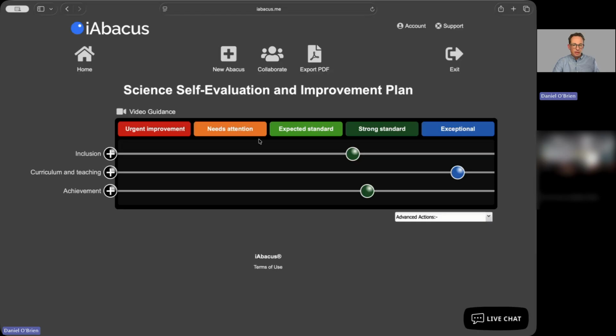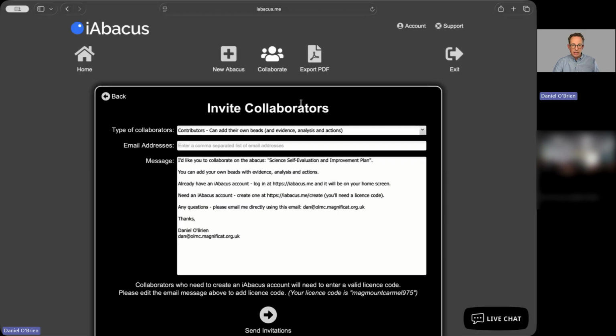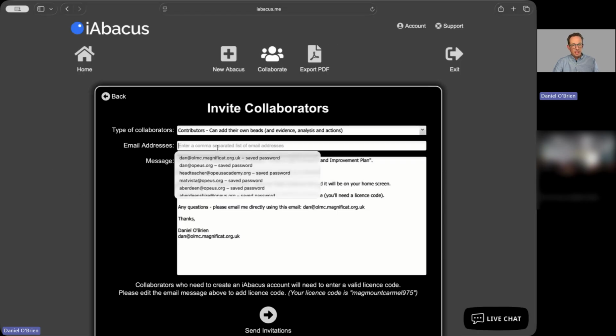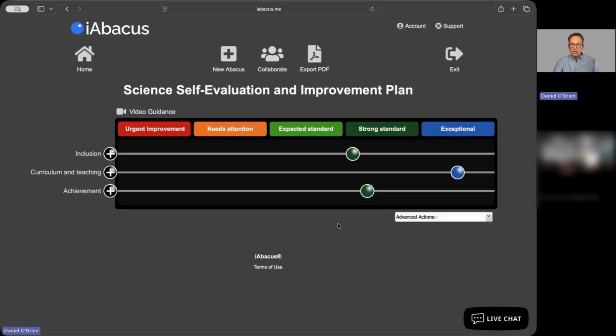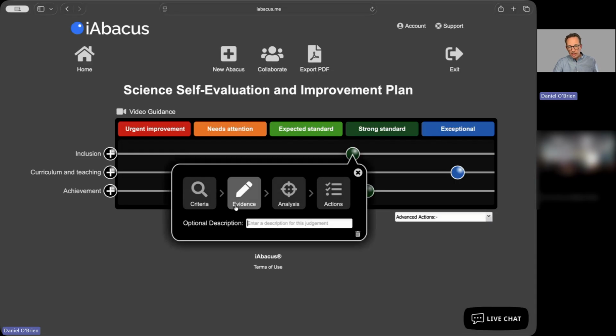But it's simple and straightforward. All you do is click collaborate, you put their email address in here, and they get invited to your abacus. So let's have a look. We've pretty much been through everything there is to do. It's all about sliding those beads, working through the process, and then coming up with your actions to drive